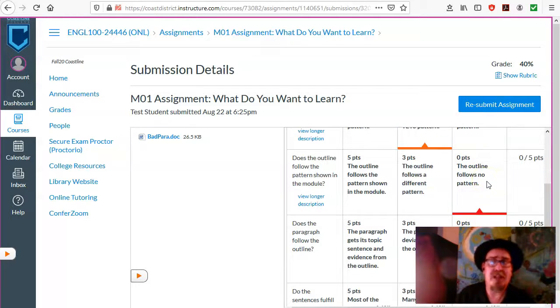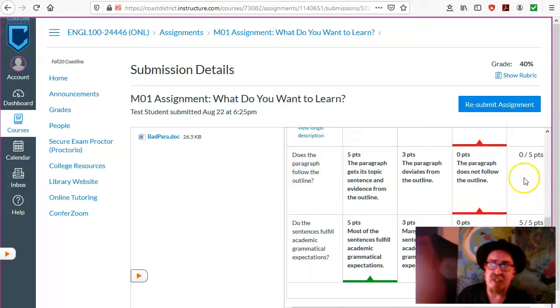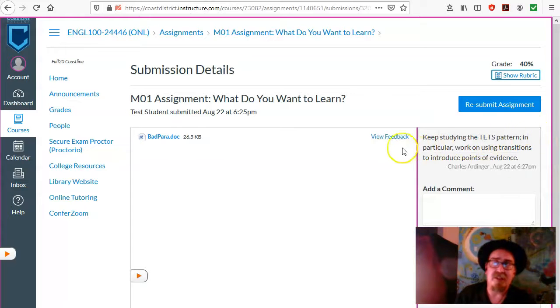There doesn't seem to be an outline at all in the submission, so that's obviously a problem. And that is how this student got 8 out of 40 points. But there is a way to look at the assignment in even greater detail by clicking on this link that